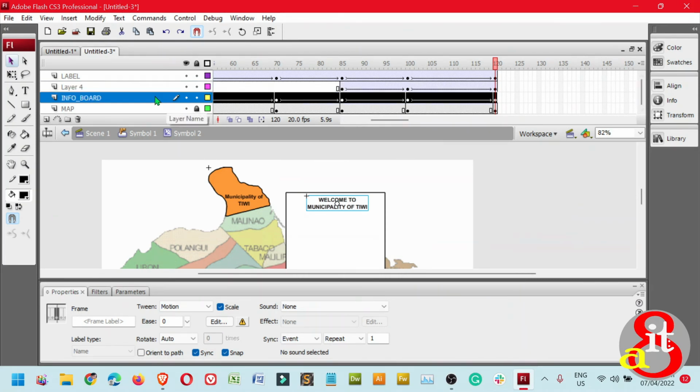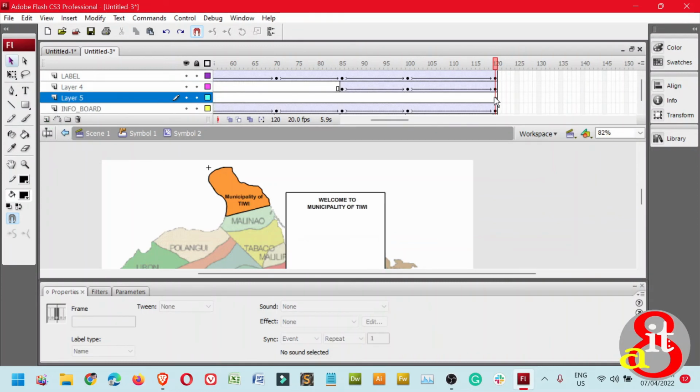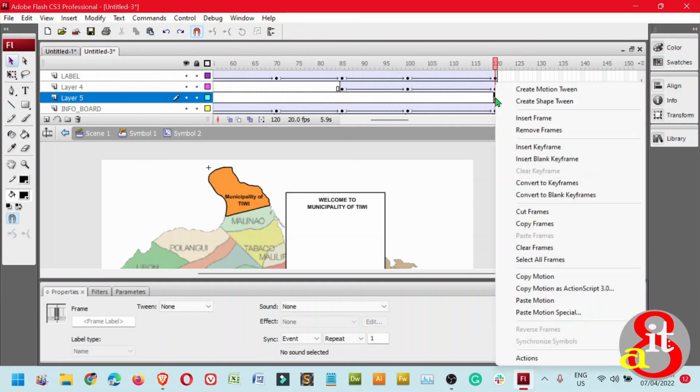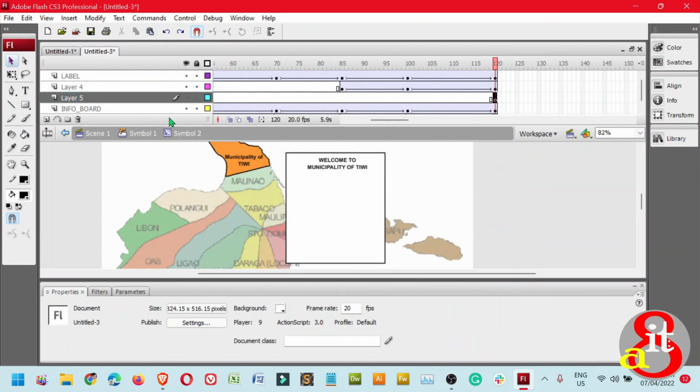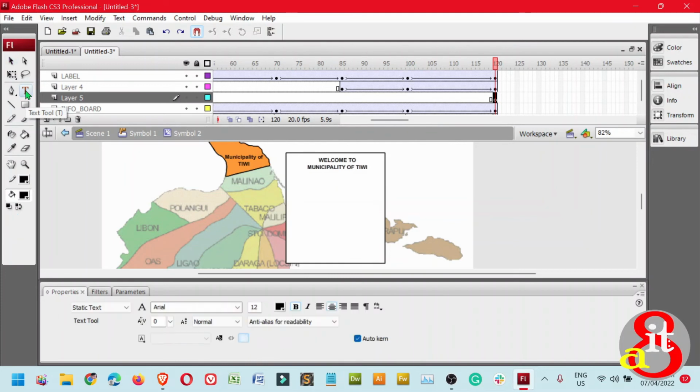So from here, click Insert New Layer, position your mouse pointer at the end of the timeline, right click, and then select Insert Keyframe. So we need to add more content. Click the text tool, and then position your mouse pointer using the text tool on the area for the bulletin board or the information board layer. Okay, so click and then type